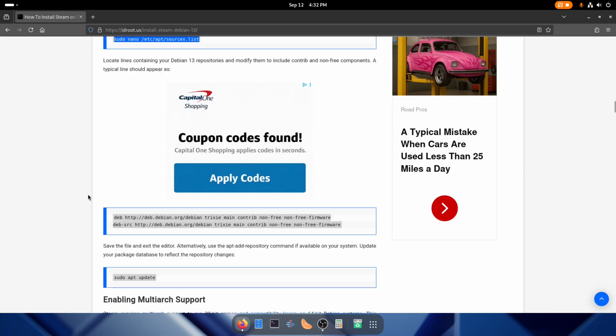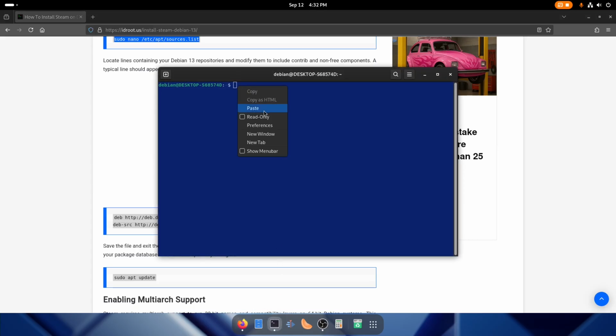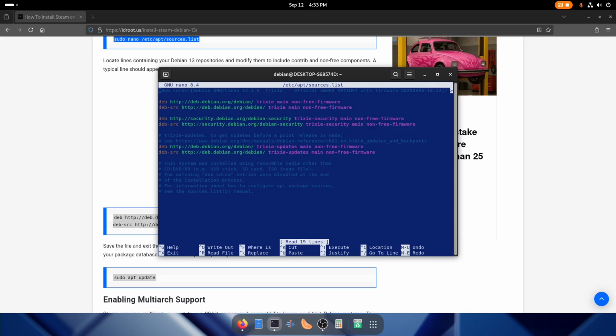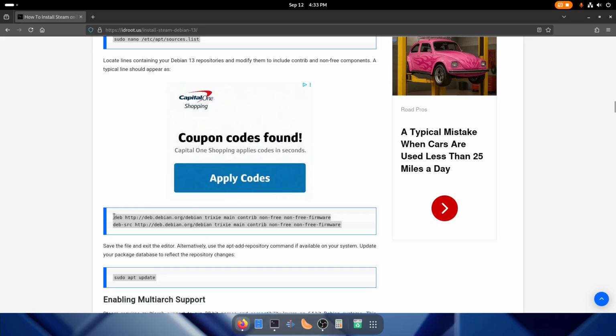So we'll copy that. So here we go. This is gonna take us into our sources, which is where the operating system looks for the programs. So the contrib is not here, as you can see. So what you want to do is take this one